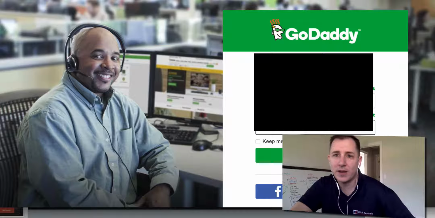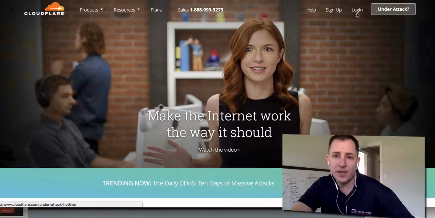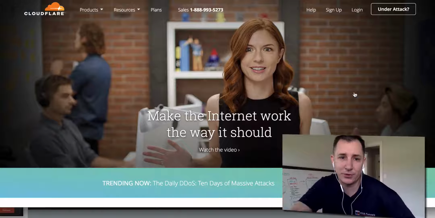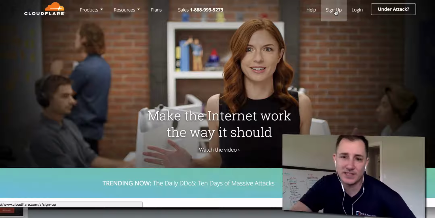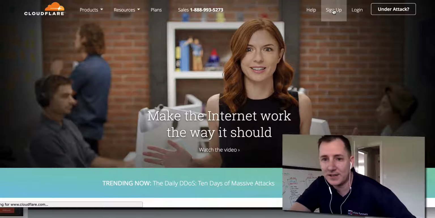Let's talk about Cloudflare, moving on to the next one here. So Cloudflare is used to help you set up your custom domain. It's hard for me to explain, but you're going to need this, so just go through and set up the account. Just click on sign up. First of all, go to Cloudflare. I'll leave the links down below, so just go through and check them off as you go. Click on sign up